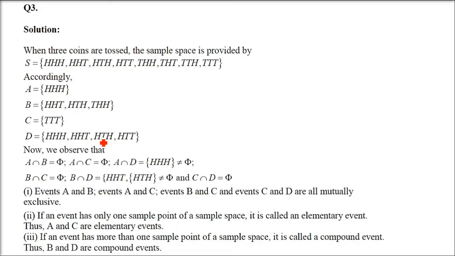Now question number 3. So in this exercise around 8 questions are there. This is an NCERT question. So in a sequence where 3 coins are tossed once. 1 coin tossed thrice, 3 coins tossed at once, they are the same. The working will be the same. So, describe the following events associated with the random experiment. A is getting 3 heads, B is getting 2 heads and 1 tail, C is getting 3 tails, and D is getting a head on the first coin.